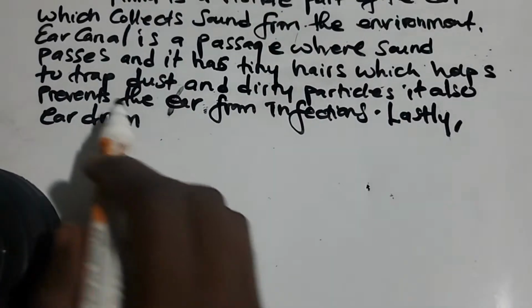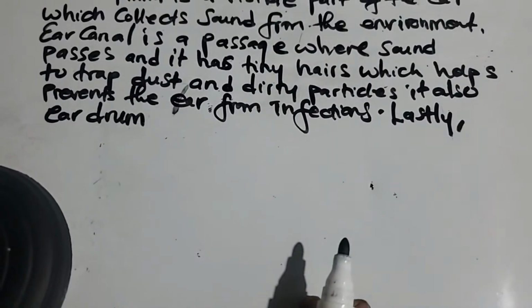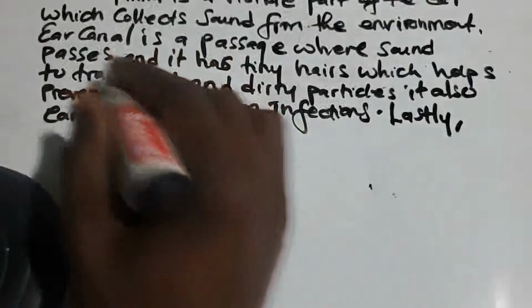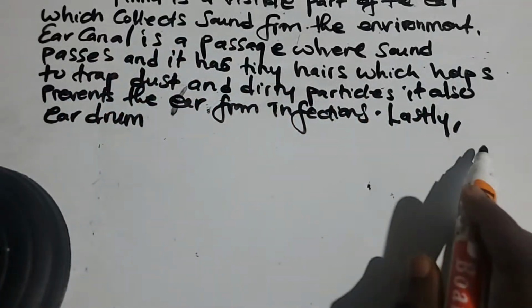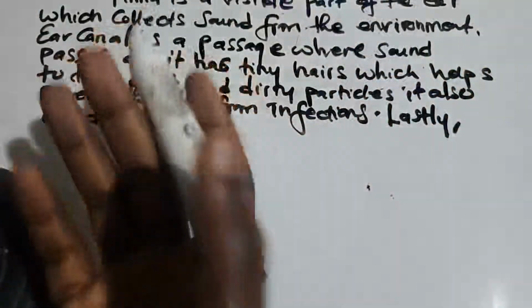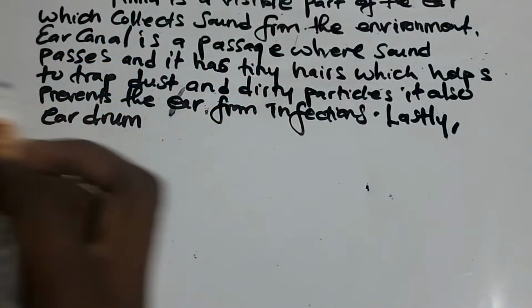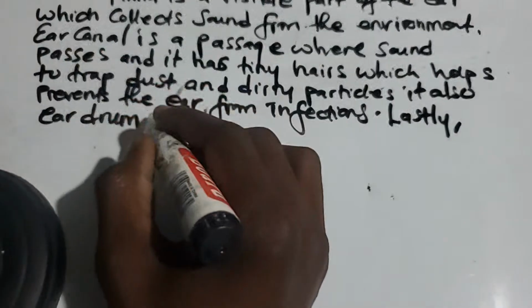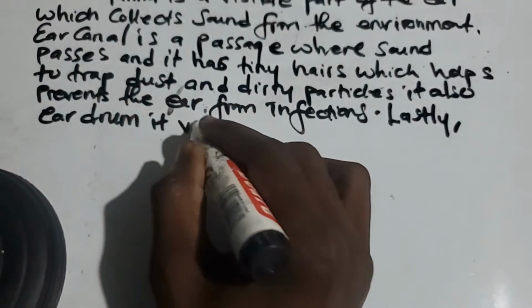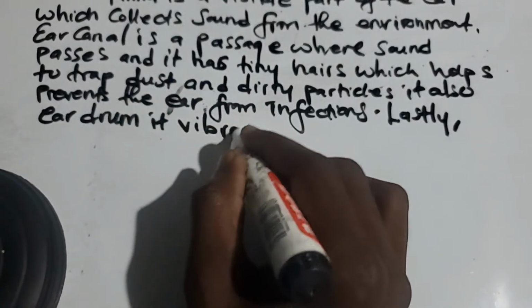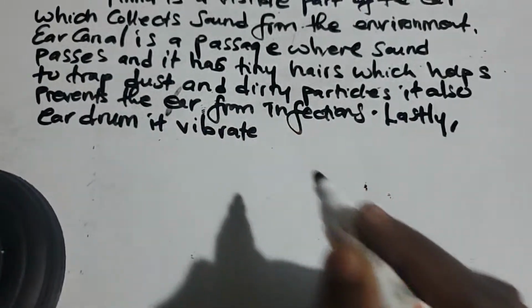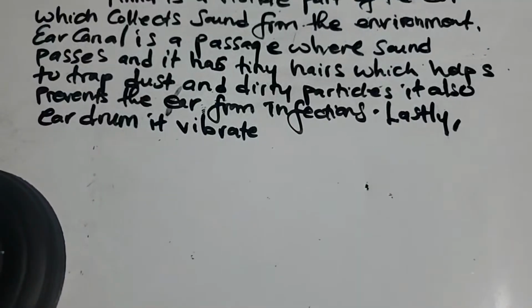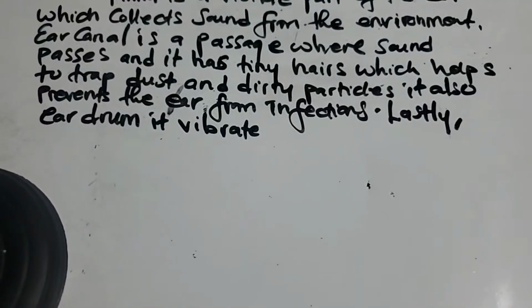So here we do have the last part, which we call the eardrum. So here, what are we going to say? So lastly, put the comma to show that we are about to mention the last part of the outer part of the ear. So the eardrum vibrates. Take note that when the sound which enters the ear in the form of waves hits or touches this eardrum, it